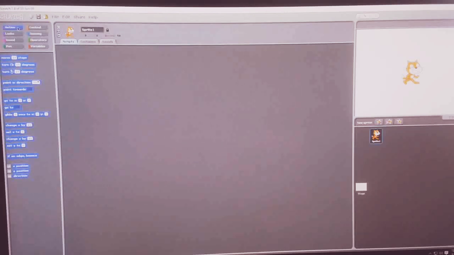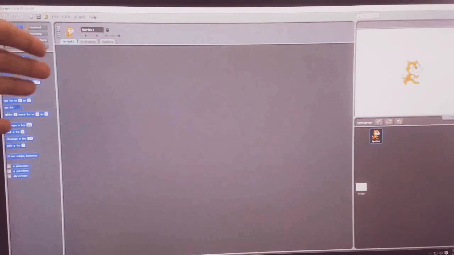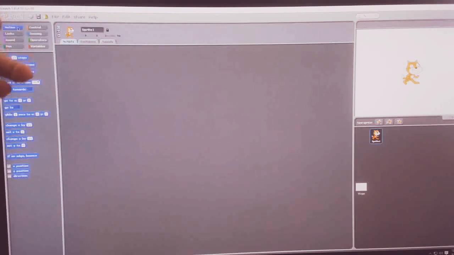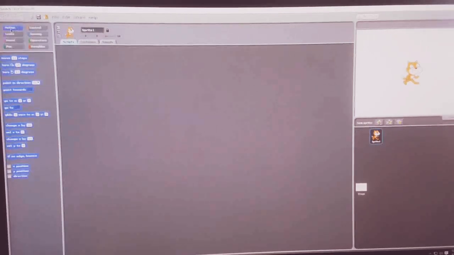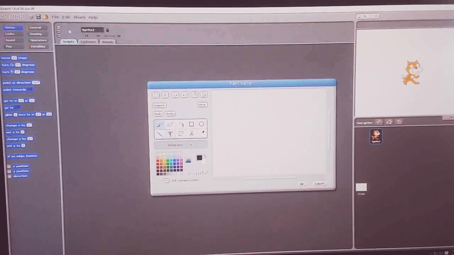So now you can see the image, the Scratch window, and on the left side you can see the controls, options, and buttons. You can choose any. First one is motion. You can choose any steps. Just select the sprite. On the right side you can see the sprite, or you can select any new sprite. You can paint a new sprite, anything you can paint here.